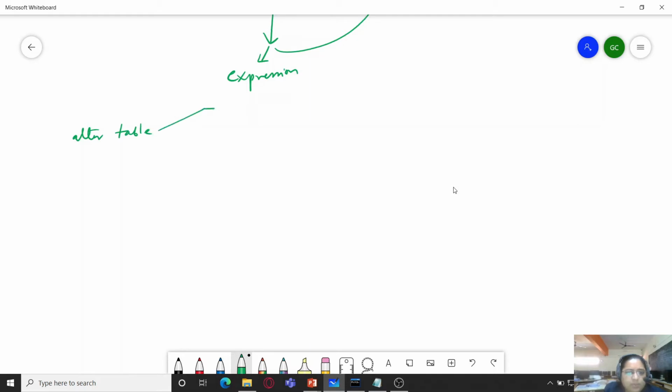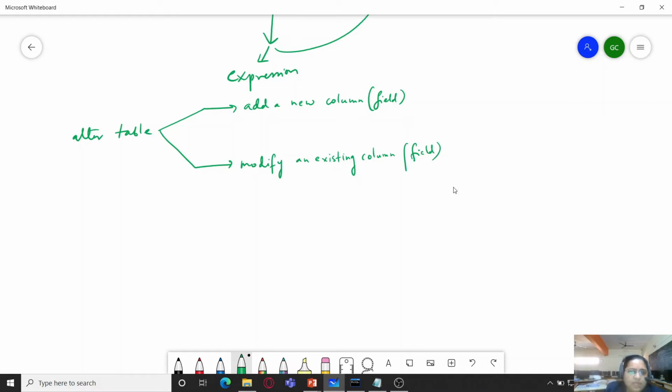With this, you can firstly add a new column, which is a field, and you can also modify an existing column or a field.